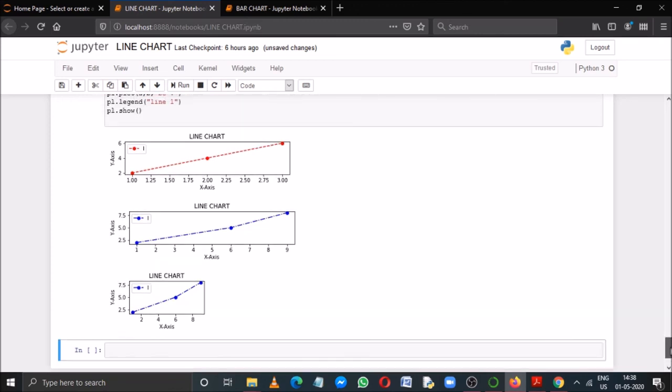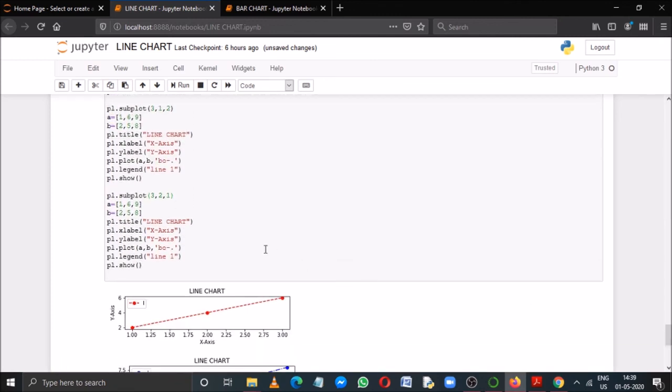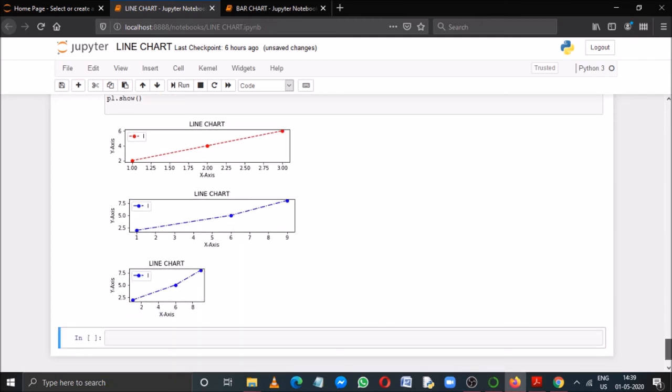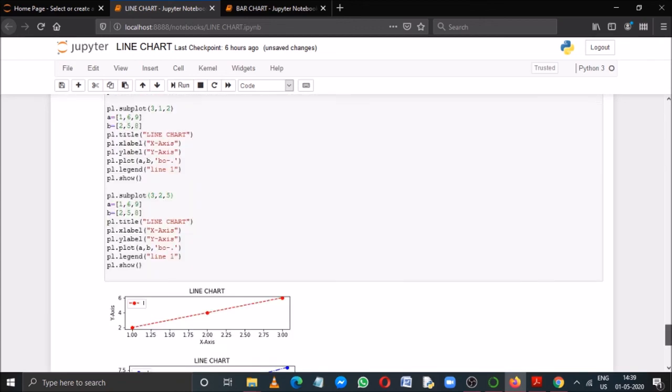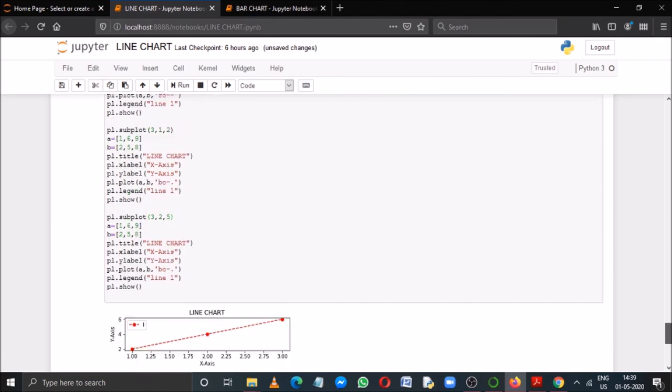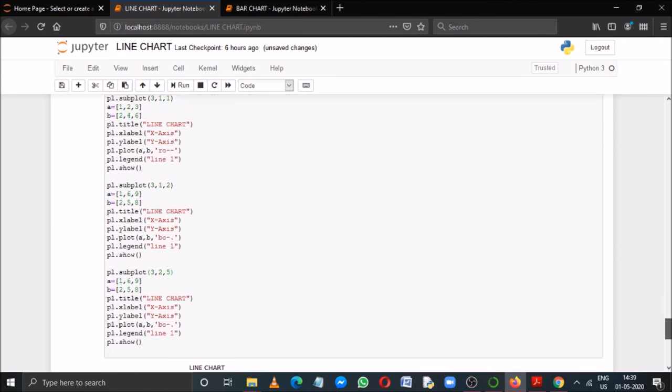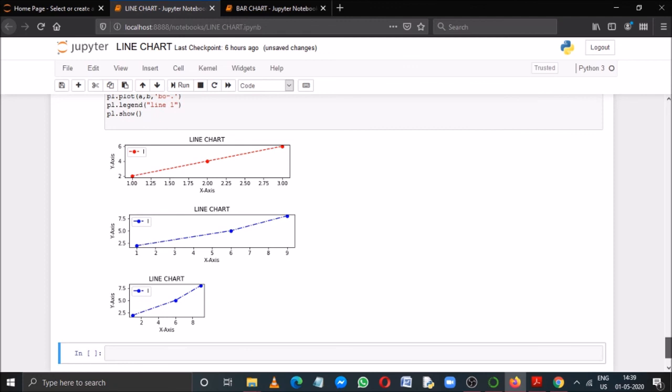The chart size is a little bit smaller, and if I change it to 3, its size is a little bit bigger. So like this you can subplot more than one chart within a single frame by using the subplot function.